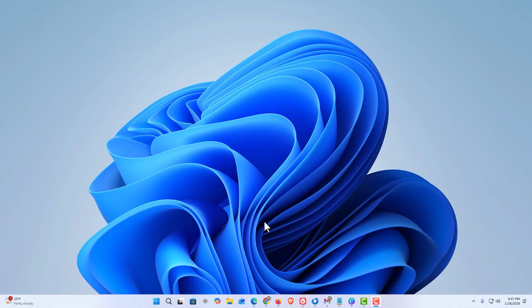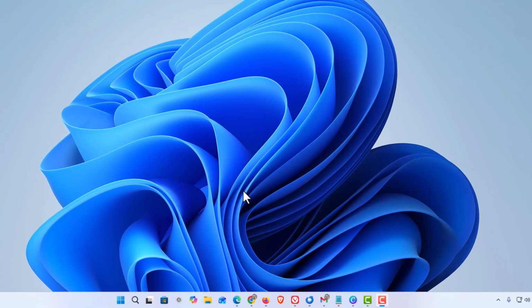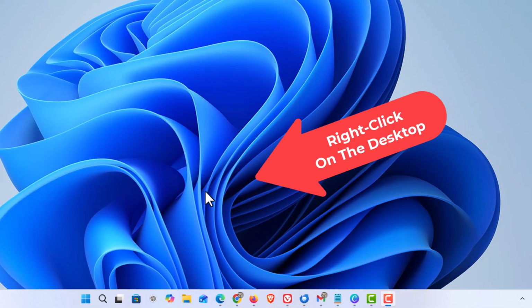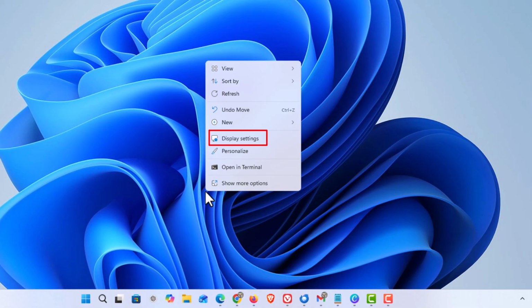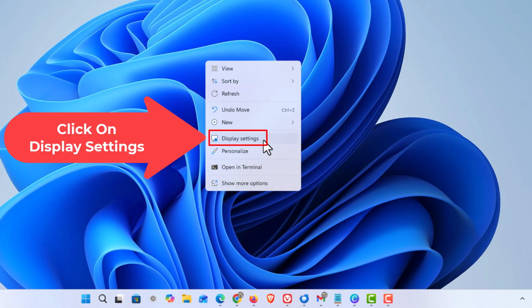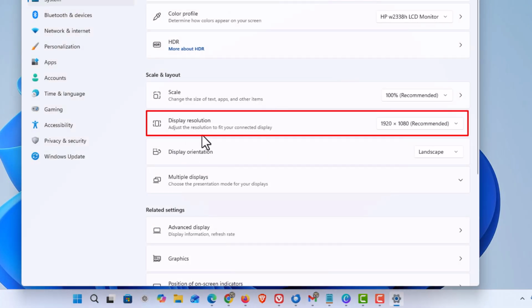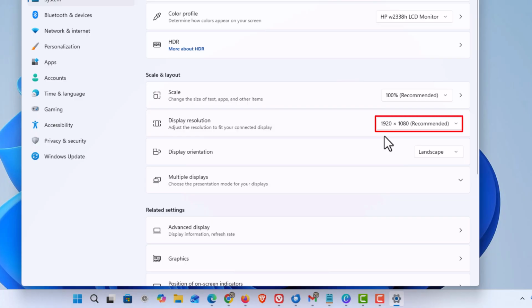To add a custom wallpaper background image on your desktop in Windows 11, the first thing I would suggest that you do is check what your display resolution dimensions are. It's easy to do. All you need to do is right-click on an empty area of your desktop, go up to where it says Display Settings, click on Display Settings, and in this little dialog box here, Display Resolution. It tells me my resolution is 1920 by 1080, so you would probably want an image that fits your display